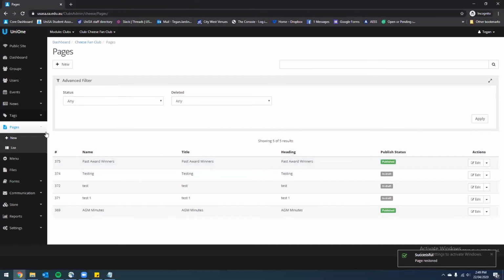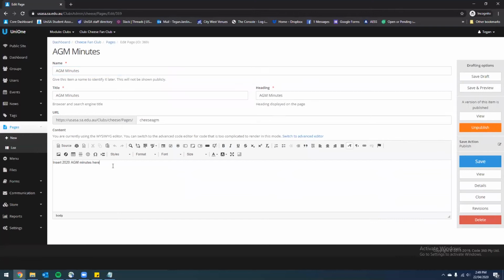So there are a couple of other things we can do with pages. We've got this AGM minutes page here, and we've got this line here, and it doesn't really mean anything currently. So we want to change this to download the 2020 AGM minutes here. We want to create this as a hyperlink to allow our members to access our